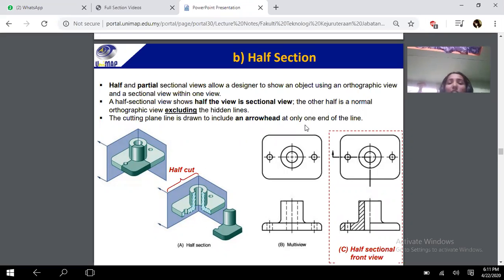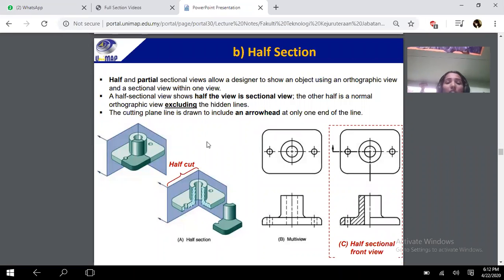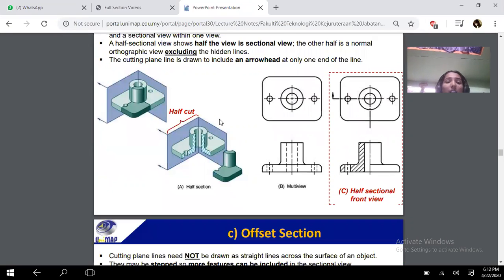Here we exclude the hidden lines also. The cutting plane line is drawn and included at one end of the other lines. You can see here a tube-like structure which we are cutting in half, and we can see the inner part. In the drawing also we can draw those inner parts in the half sectional front view, right? This is the front view and this is the top view, girls.